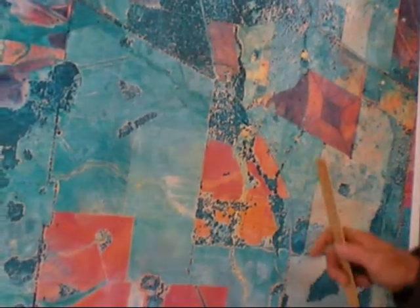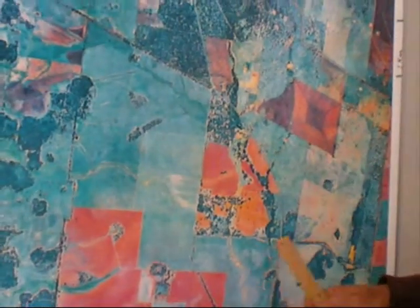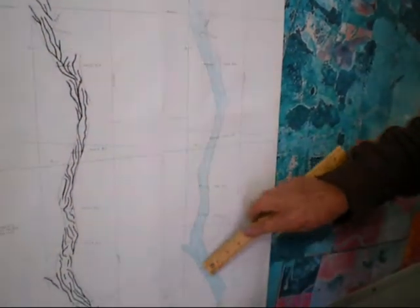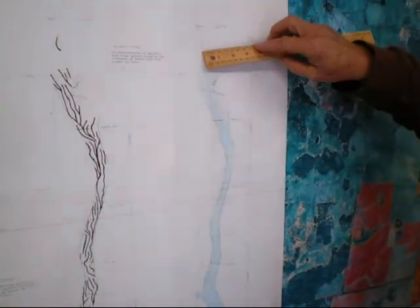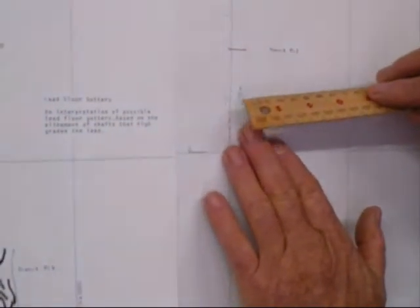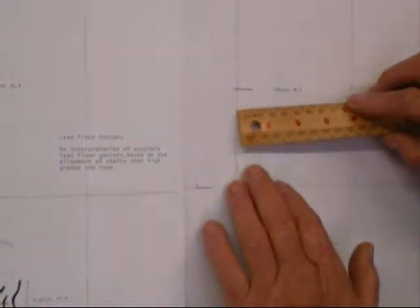If we go to the mapping of that, such as here, this is a detailed map of the actual lead. Now this is twice the scale of that one. So this is a detailed plan view of the lead. The working down here has been very continuous, with no gaps whatsoever. It gets up to here, it's still 15 metres from the surface, and yet the lead is actually lost. Now that's the end of the